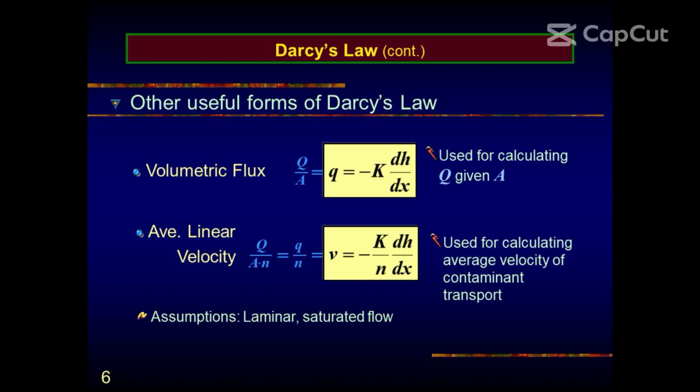This is the volumetric flux. But then the unit is still LT. So that's why we call it Darcy velocity. It will depend on the area now, the cross-sectional area of flow. If you have a pipe flow,